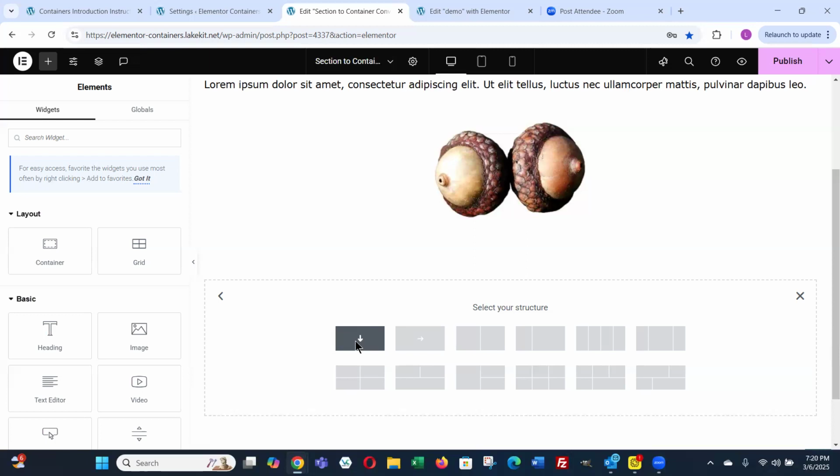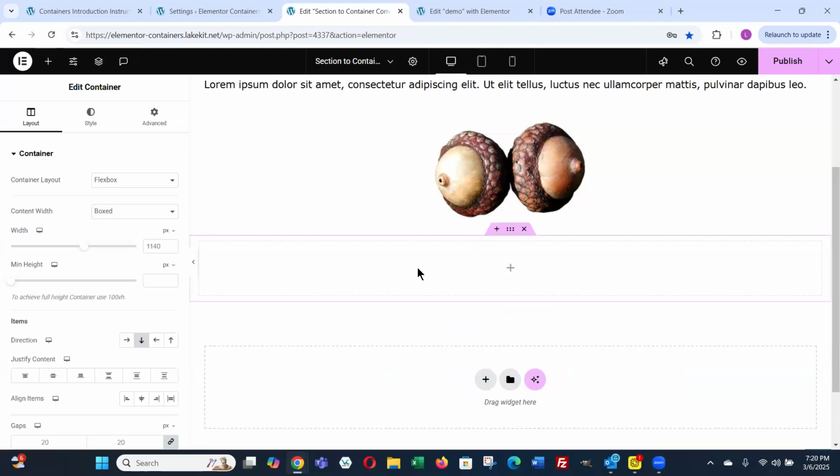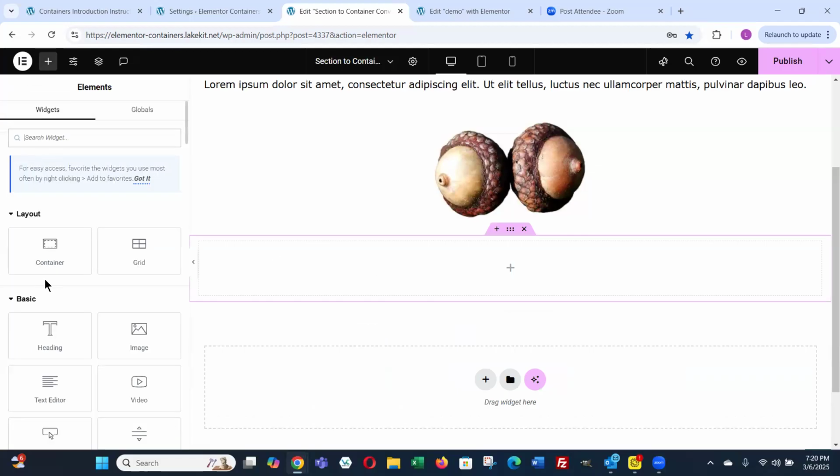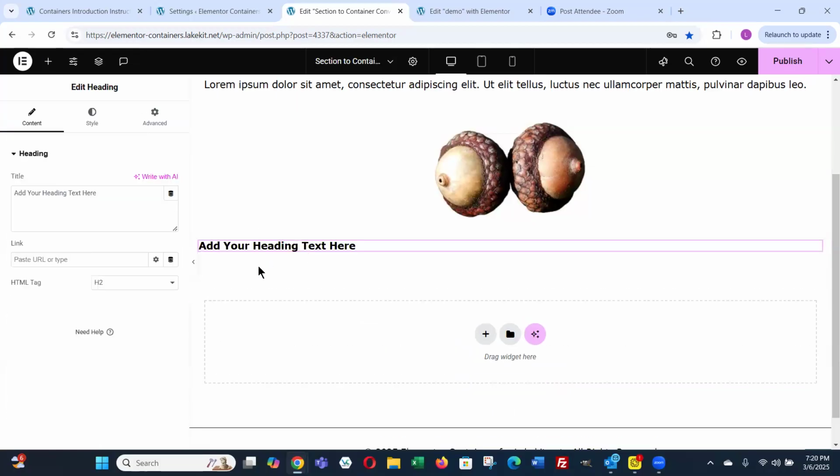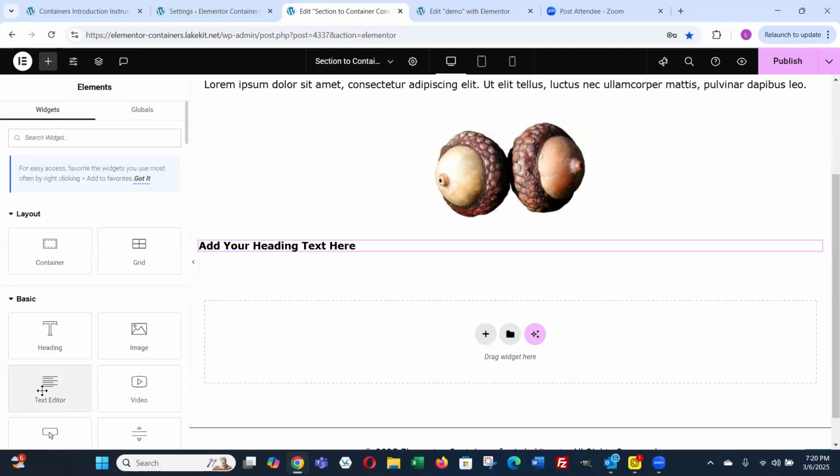So I'm going to click on that. And this box with the plus sign in it is a vertical container as indicated by the downward facing arrow over in the left panel. We're going to first add a heading widget to that container. Then we're going to add a text editor widget to that container.